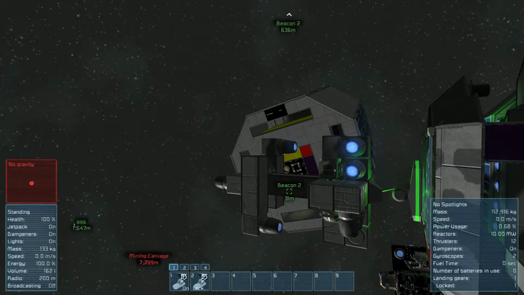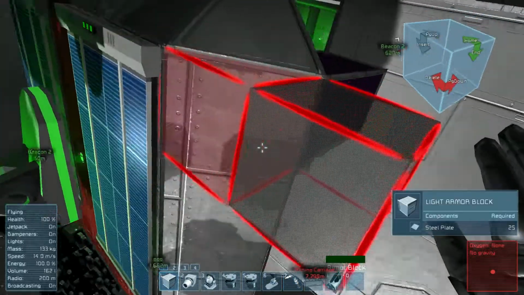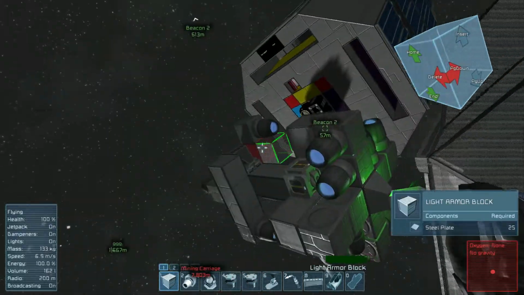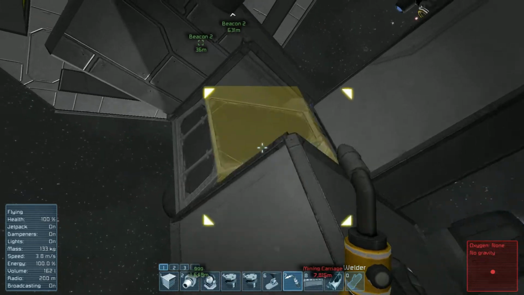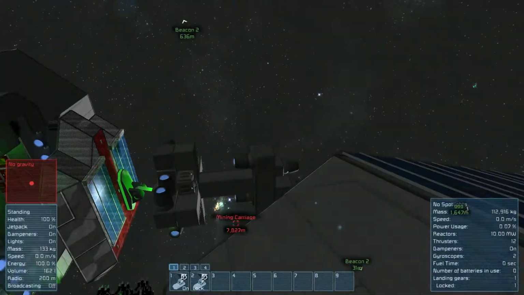Don't release your Alt button, but press T and disconnect the door. And be ready to press your Alt button, jump in the cockpit, Alt button, and now we can just fly straight forward